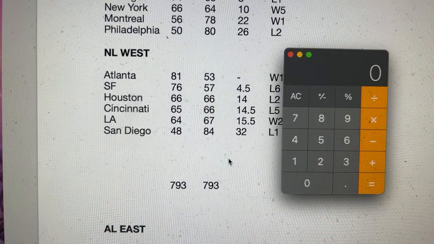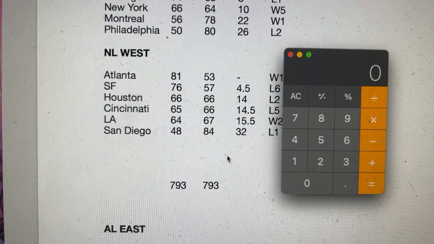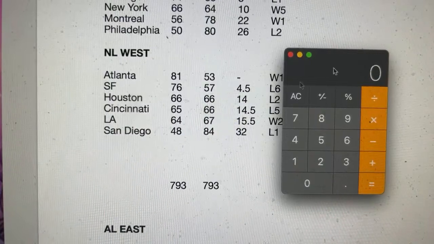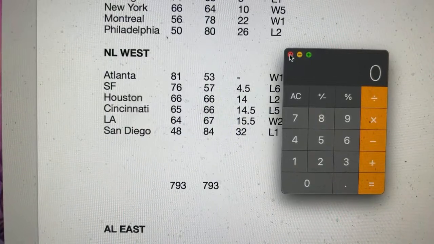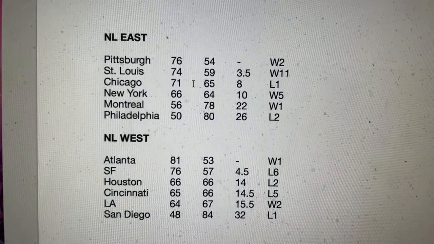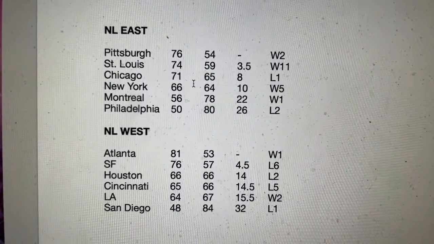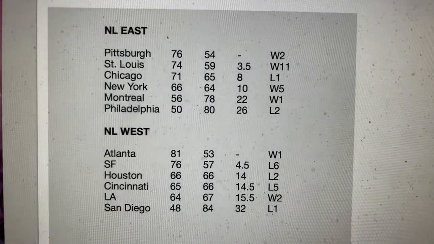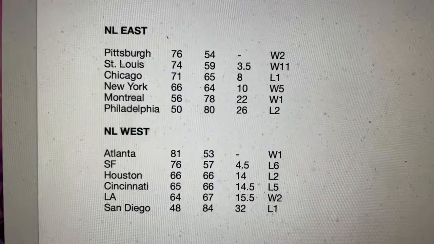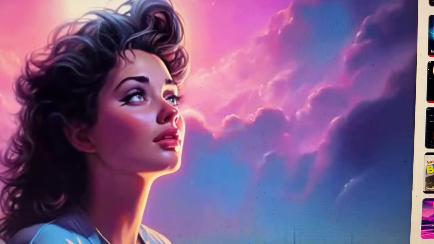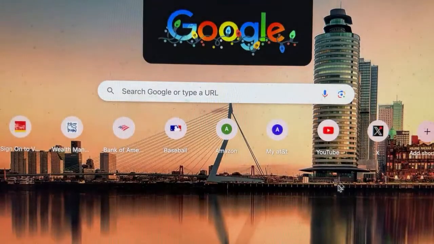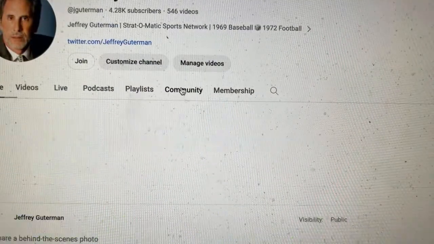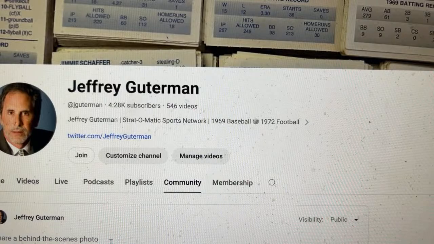It's 33, and this should be 31. That's correct. So the NL is correct. We can save it here on the iMac. Just save it like that. And we go to our page here. We'll go to the community, and it's ready to post.